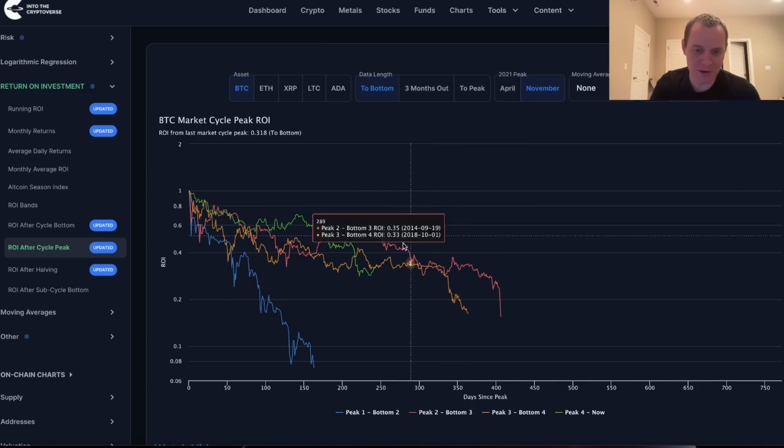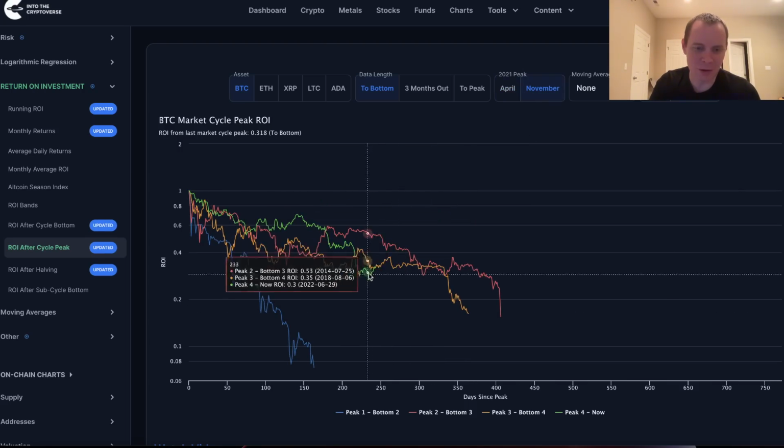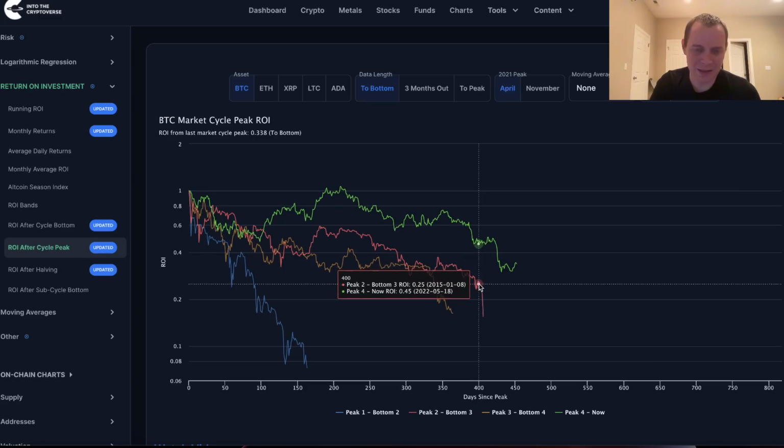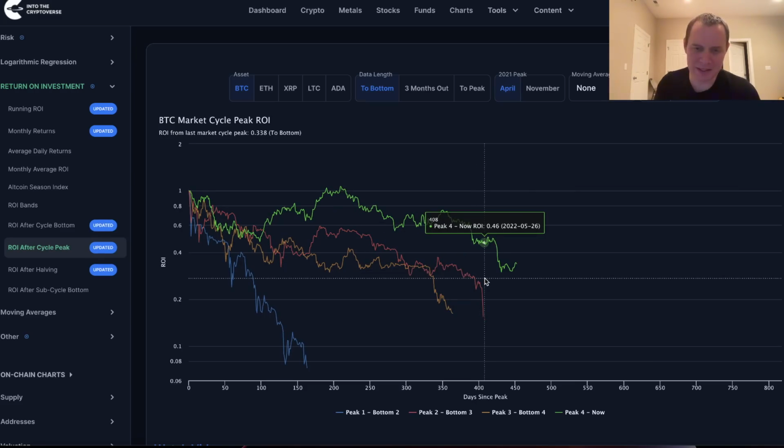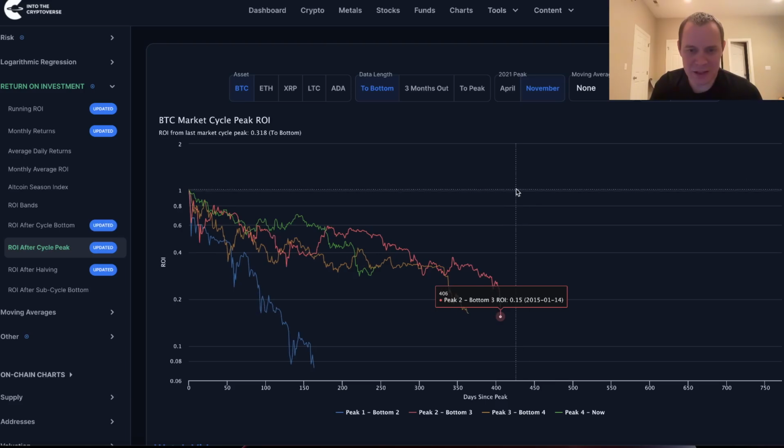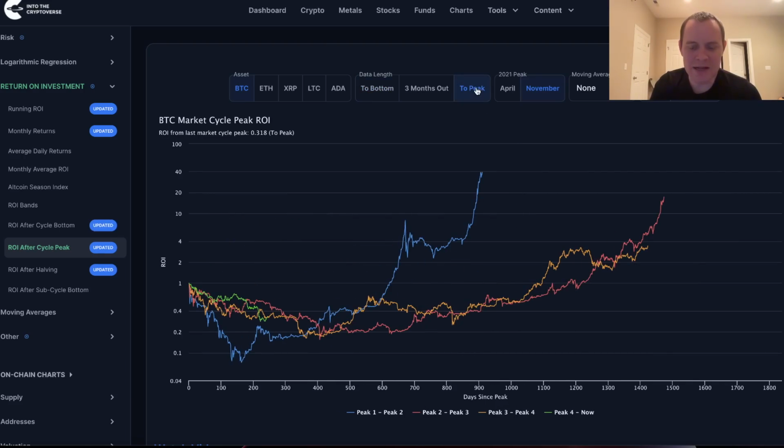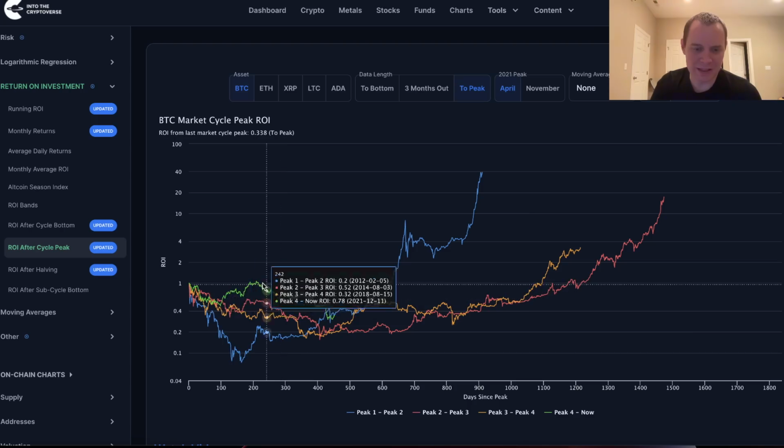And, switching back to November, you can see it looks a bit more on track with this than it does in April. Okay, but it's at least something to consider. And then from that point, going back to November and going all the way to the next peak, you can see what it looks like for Bitcoin as measured by November. And if we switch this over to April, this is what it looks like. It's much further along if you add half a year, of course.